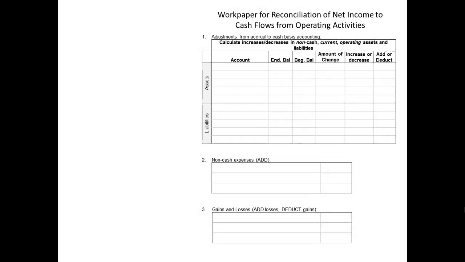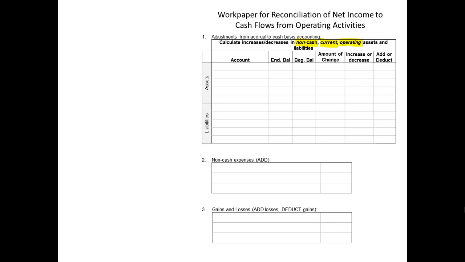Now we are ready to prepare a working paper to calculate and organize the pieces of the reconciliation of net income to cash flows from operating activities for Bradford, Inc. Let's start with the adjustments to net income to eliminate the effects of accrual accounting. We need to find all of Bradford's non-cash, current,